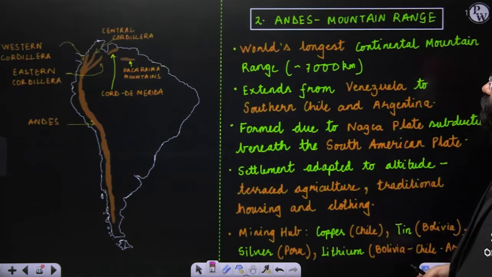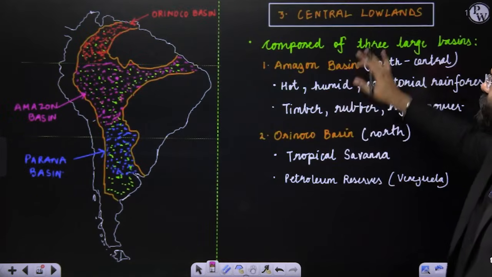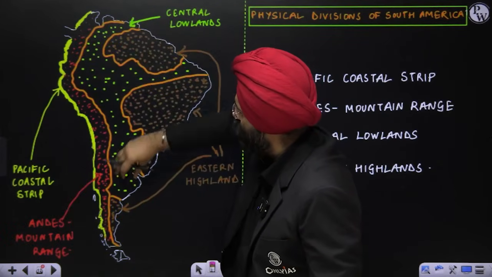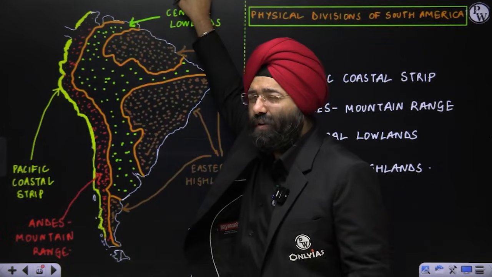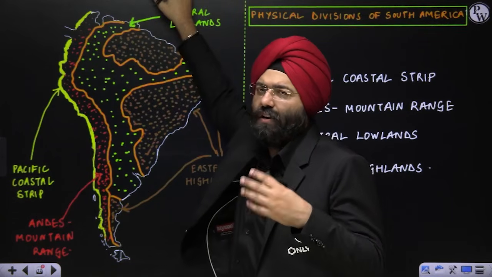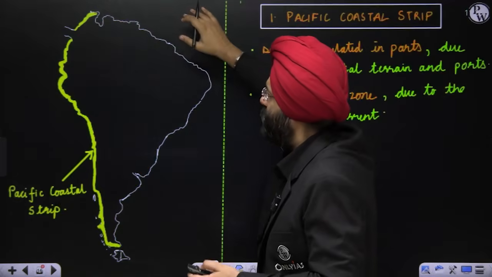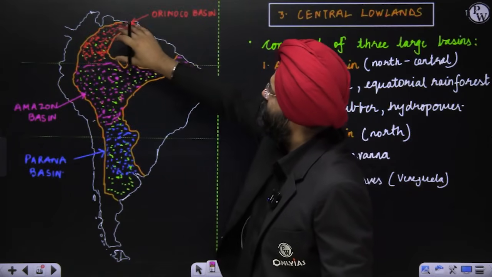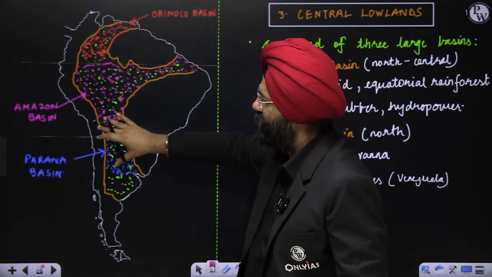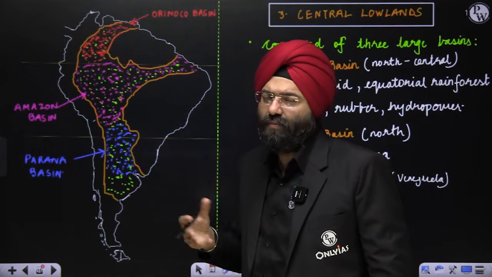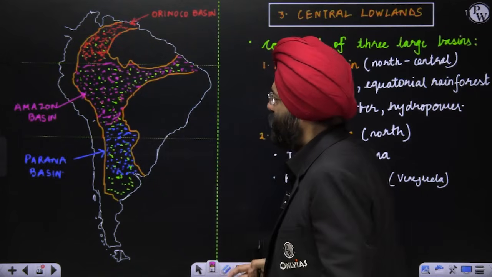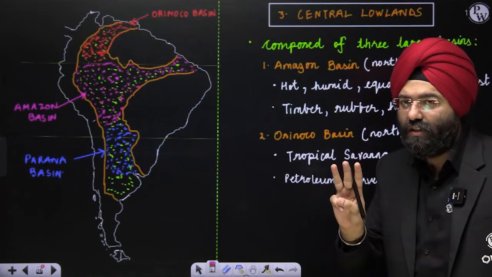Next, second was the Andes. Now third comes the central lowlands. Please remember, in this particular map, I had drawn this whole part as central lowland, right? But remember, central lowland is not a single unit as a whole. It is divided into three parts, a standard classification. Now let's see that. One part is the Orinoco Basin. Next part is the Amazon Basin. Third is the Parana Basin. Now, these are based on the river systems associated with these regions, like the Orinoco River, the Amazon River, and the Parana River. So, now these are the three divisions or subdivisions of what?